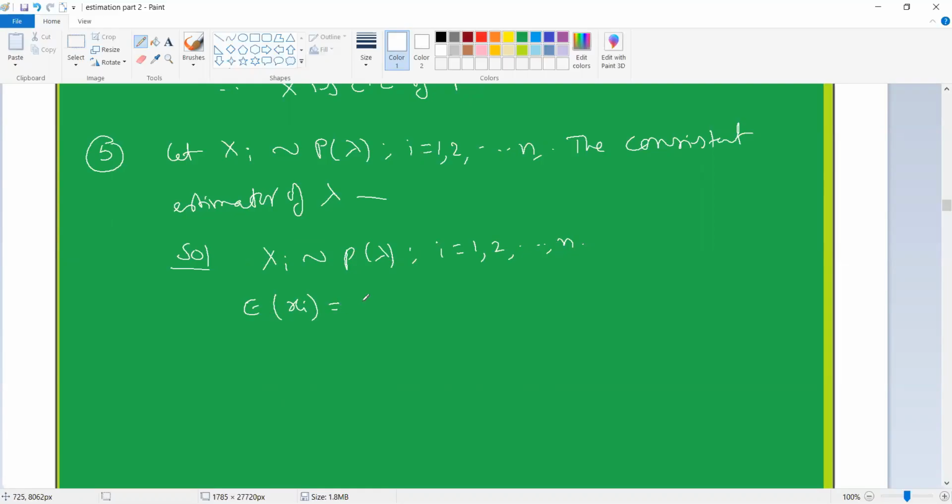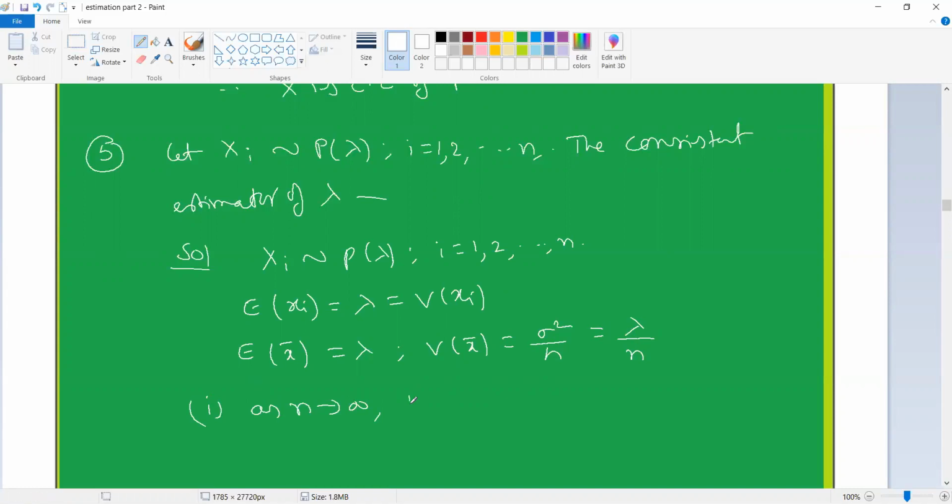First of all, mean and variance. Lambda is the same as the variance of xi. So now E of x bar is the same as E of x, which is lambda. Variance of x bar is equal to sigma square by n, and sigma square is equal to lambda, so lambda by n. By applying this condition,